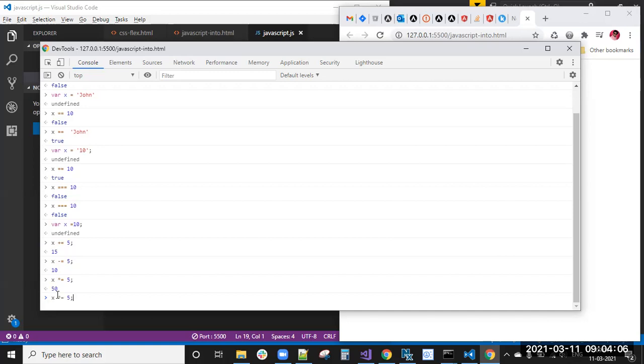Now, instead of that, if you give division, you will get 50 by 5 means you will get 10 only. This is the plus equal and minus equal, star equal and division equal. These all are the assignment operators. This is about assignment operators.